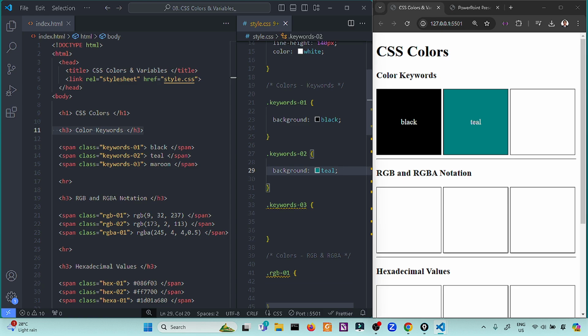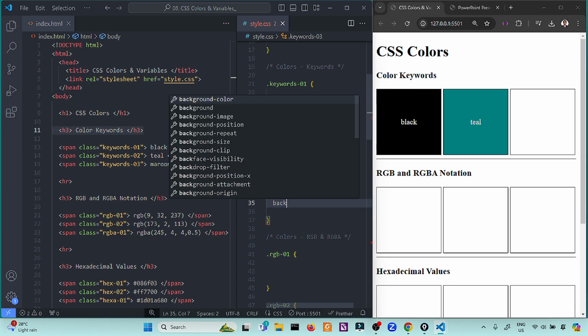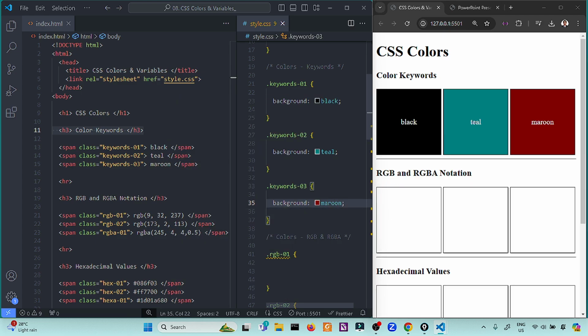By simply going to google.com, you can search for the valid color keywords in terms of CSS settings. Another example, we have background of maroon.